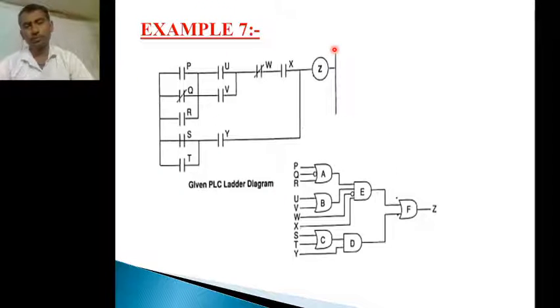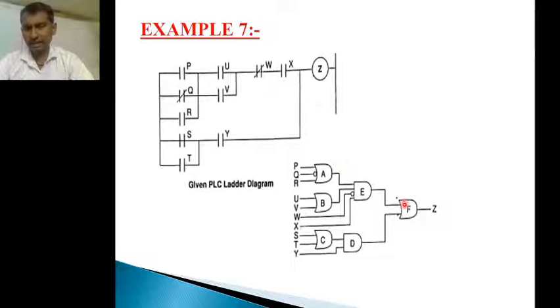And next example. Here also we can go about it in a brief manner. How many combinations do we have? From the output side we can consider, that means right to left. So here two parallel combinations are there. This one is one and this one is one parallel combination. So at the output side we have one OR gate for F. This OR gate consists of two combinations. What are those two combinations? This one is one combination and this one is one combination.